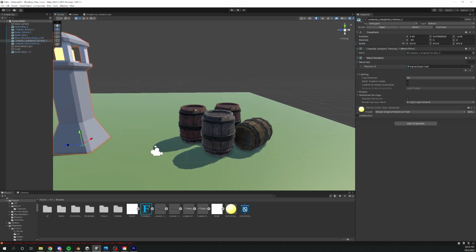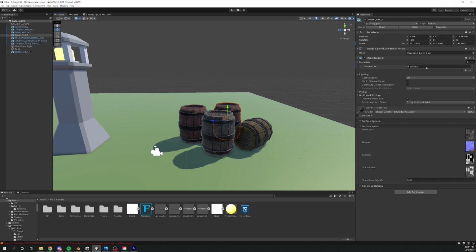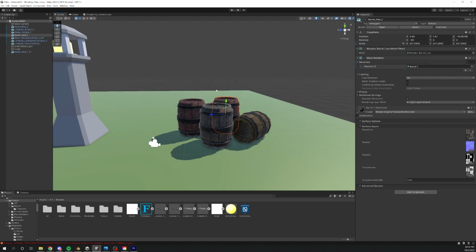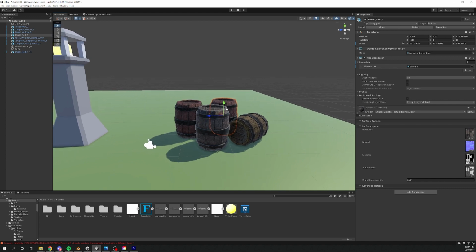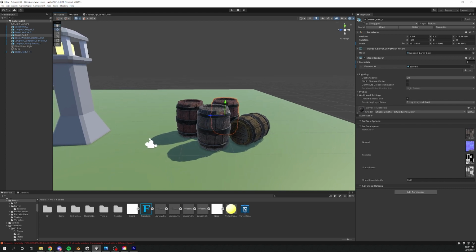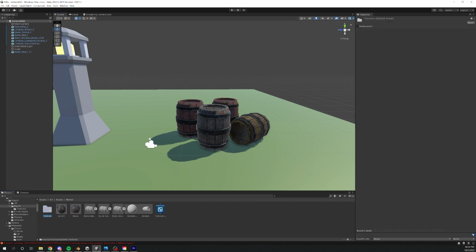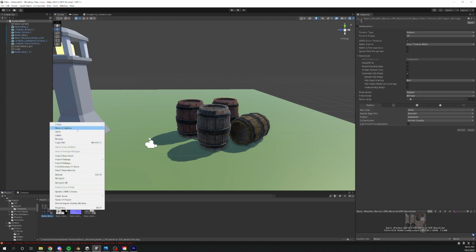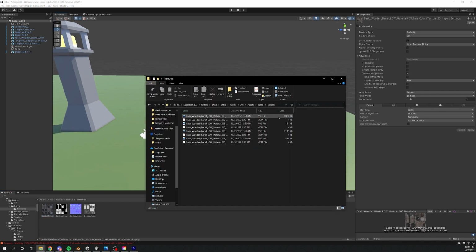So this barrel is actually using the same material for the red barrel and the yellow barrel. And what's happening here is I'm using a tinting effect without having to create multiple texture files. So for example, if I open this up in the file explorer, the PNG file is 1 megabyte in size, but let's say I wanted to have a red barrel or a yellow barrel or a purple barrel or whatever,